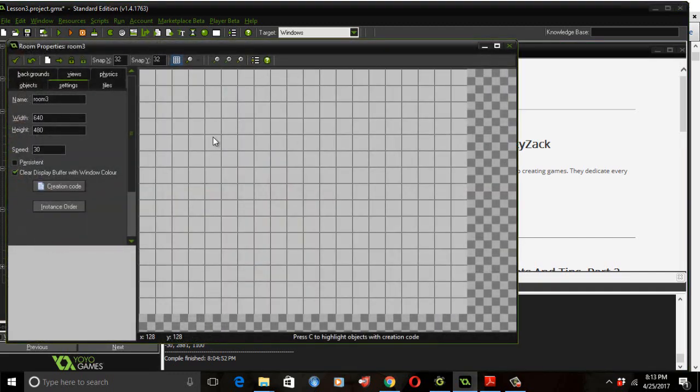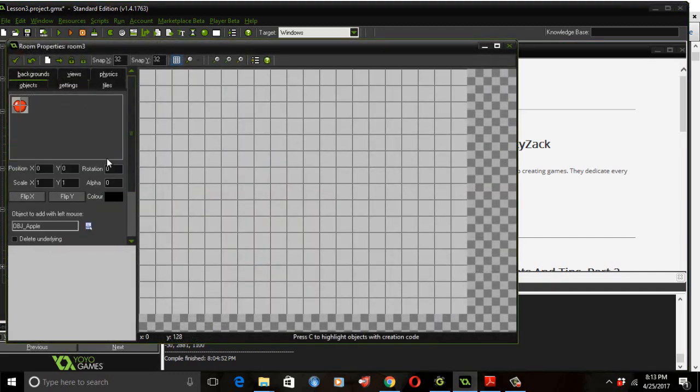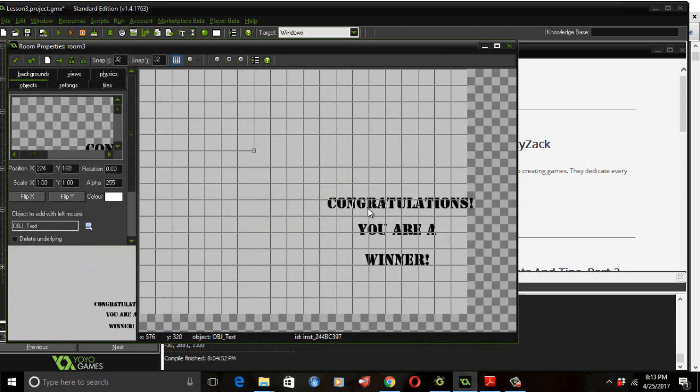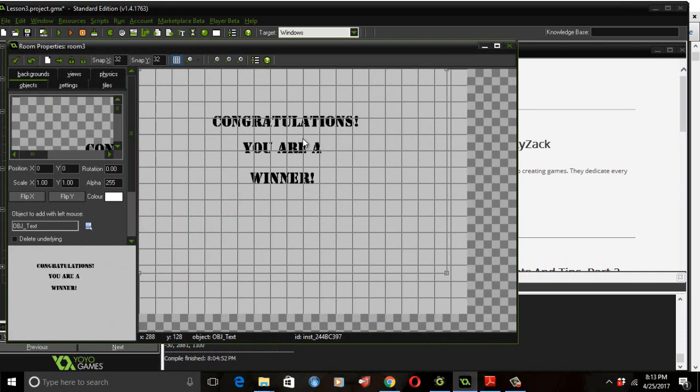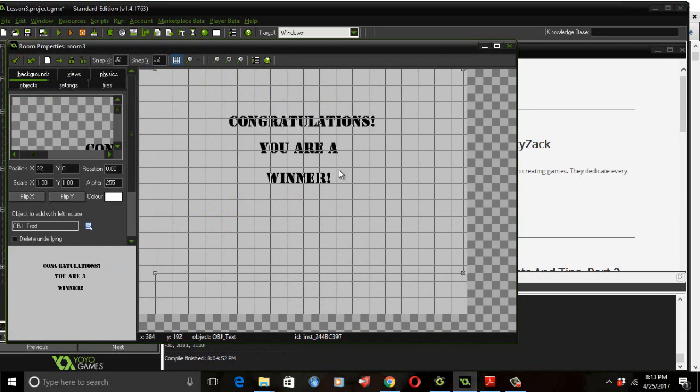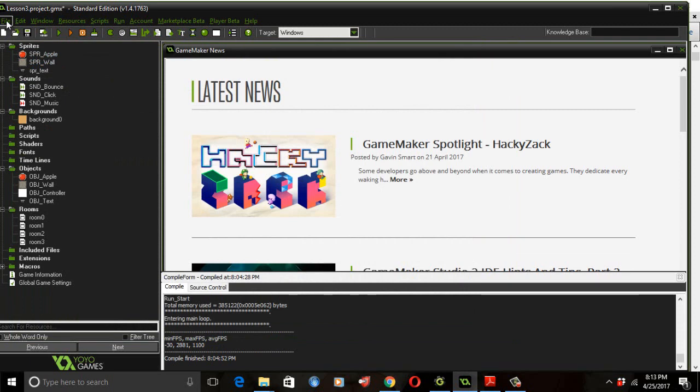Go to room 3. We have nothing in here, so we go to objects. We hit object text, then you click, and you go ahead and move that wherever you want it. We could have made the text bigger, but we don't have to. Congratulations, you are a winner. And hit the check mark,